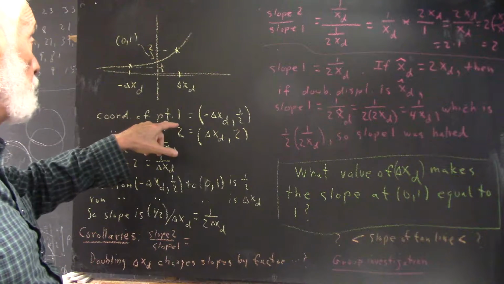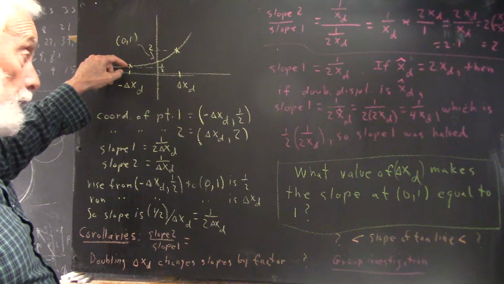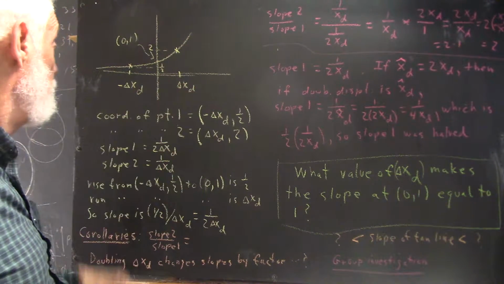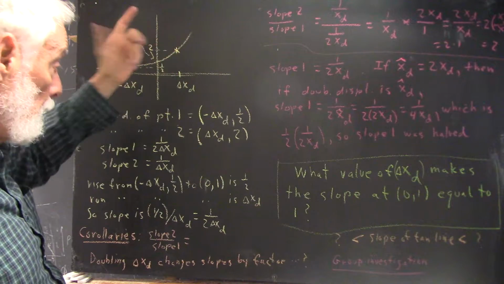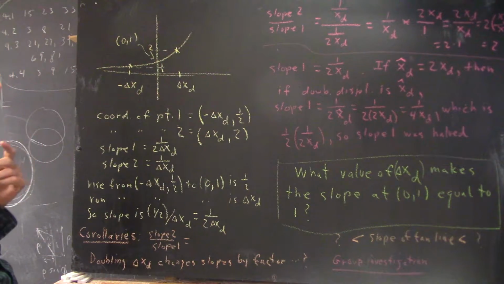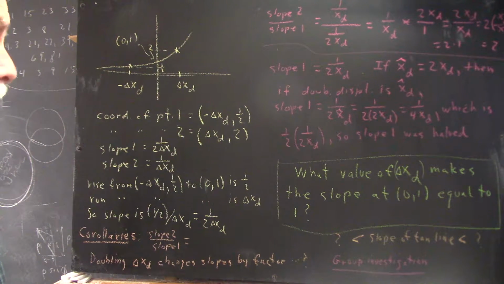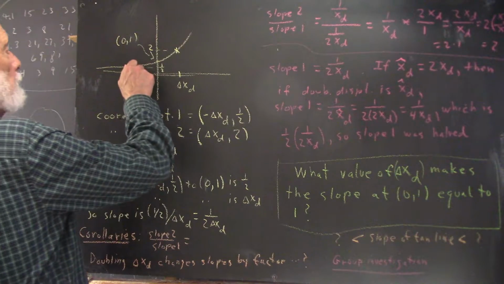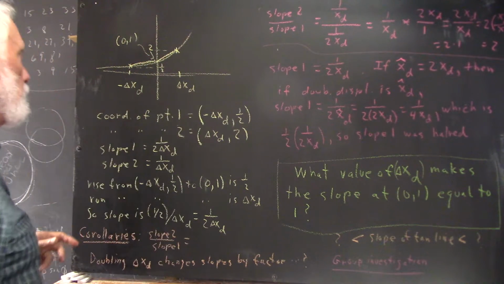The coordinates of point 1 are what? Well, the x coordinate is negative delta x sub d, the y coordinate is 1/2, there it is. What about this point? Well, the x coordinate is delta x sub d, the y coordinate is 2, so there's the point. So the slope of the first chord, and of course by slope 1, from what went before we mean the slope of this chord,